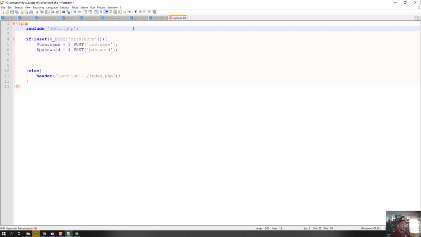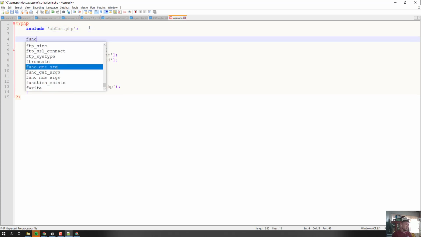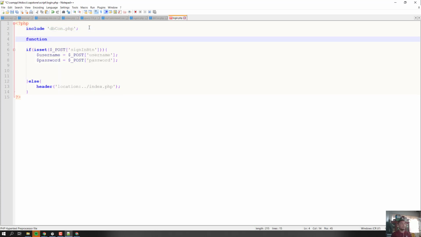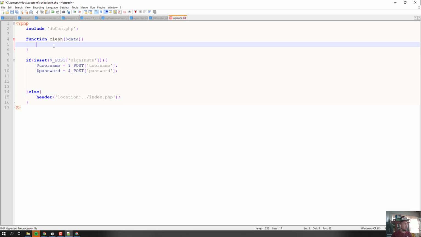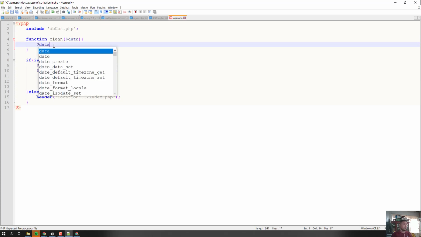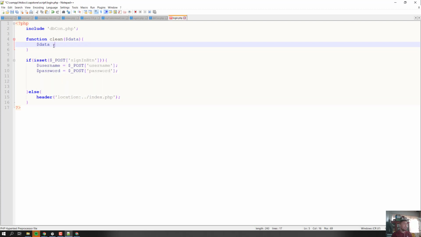Sometimes we will use a function. So we will create a function at the top, and we can name it function clean. Then we have data, meaning we have to clean the data. So ang data nato na isulod diri, it should be